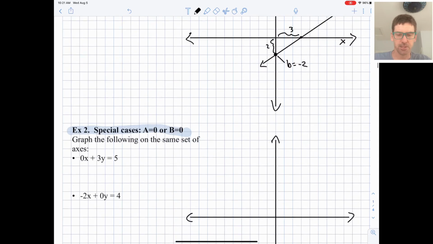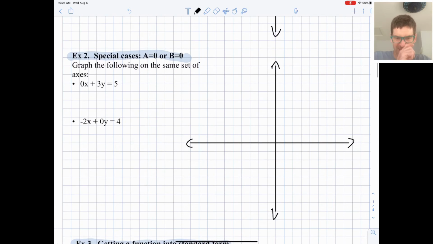All right, let's look at some special cases here. And sometimes either a will be 0 or b will be 0 in the equation. Okay, so it's not just we're plugging in 0 for x or y and these terms disappear. They're just already 0 in the equation. So same idea here. For this first one, 0x plus 3y is 5. Really, that's our equation right there. 3y is 5. I think it's easiest just to turn this into slope-intercept form,